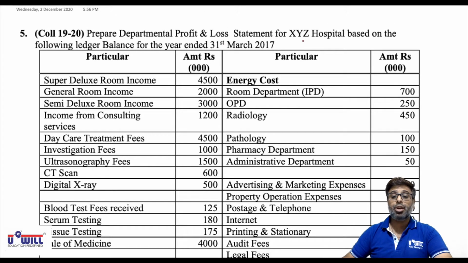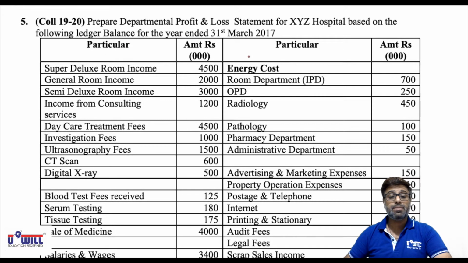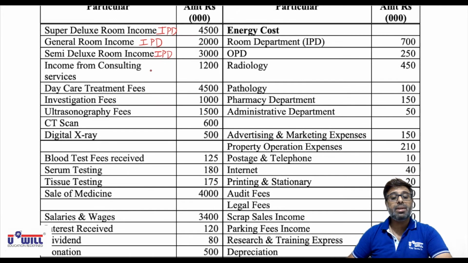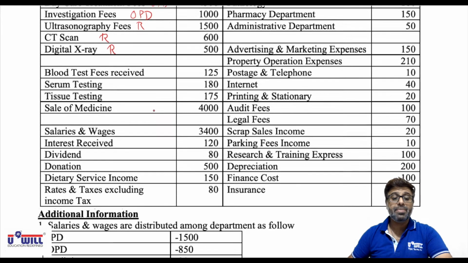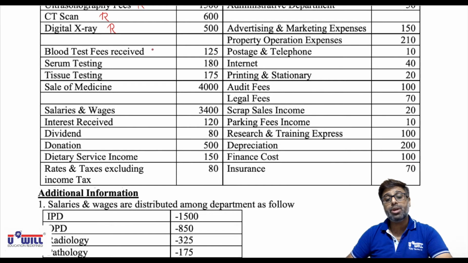Prepare departmental profit and loss statement of XYZ hospital based on following ledger balances for the year ended 31st March 2017. Super deluxe room income, so it will be IPD, inpatient department. General room income IPD, semi-deluxe room income IPD, income from consulting services OPD, daycare treatment OPD, investigation fees OPD, ultrasonography radiology R, CT scan radiology R, digital X-ray radiology R, blood test fees received as laboratory works of pathology